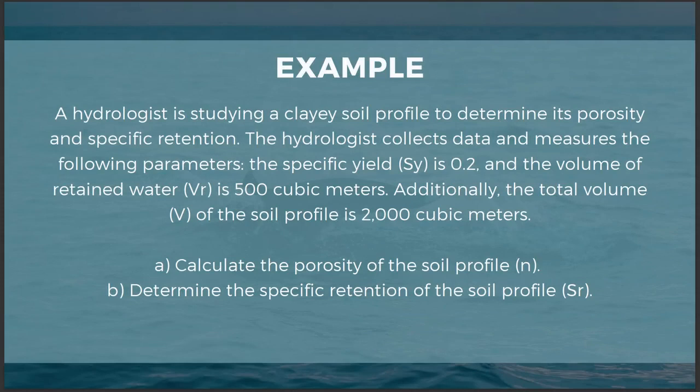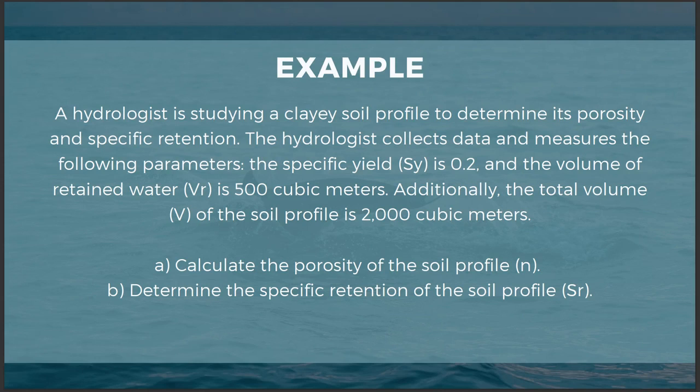So, for instance, a hydrologist is studying a clayey soil to determine its porosity and specific retention. The hydrologist collects data and measures the following parameters. We're given the specific yield, which is 0.2. Volume of retained water, VR, is 500 cubic meters. And we're also given the total volume of the soil profile, which is 2,000 cubic meters. So we're asked to calculate the porosity of the soil